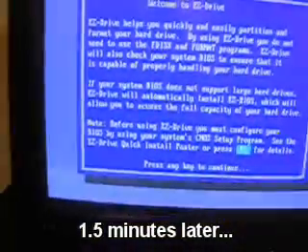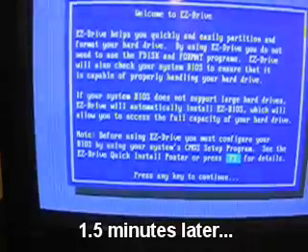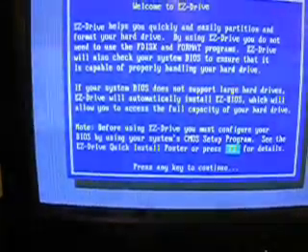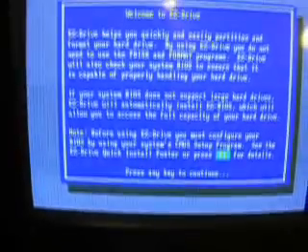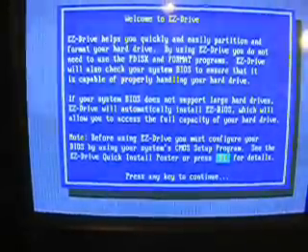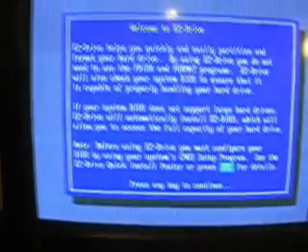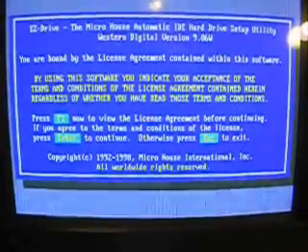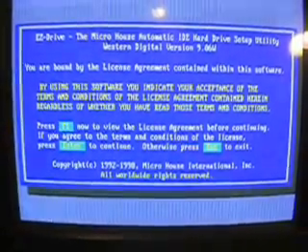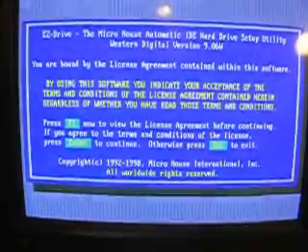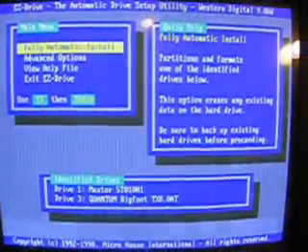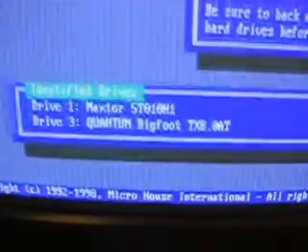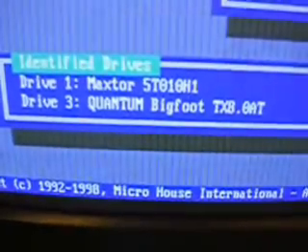Okay, it gives you a little synopsis of what the program does, and asks you to press the key to continue after you've configured your BIOS properly and have your drive set up properly. And a little software agreement and stuff, and you have to press enter to continue past that. Then you get your main program window, and it shows the drives that are detected down there, a Maxter and